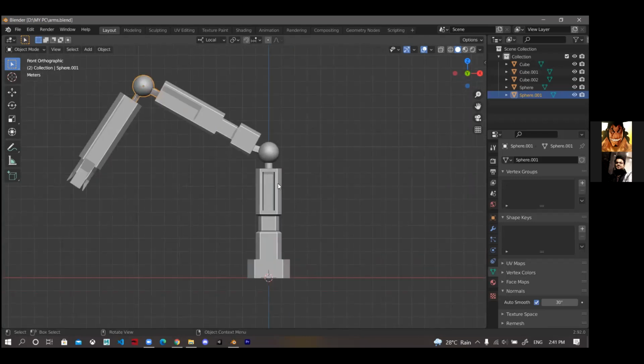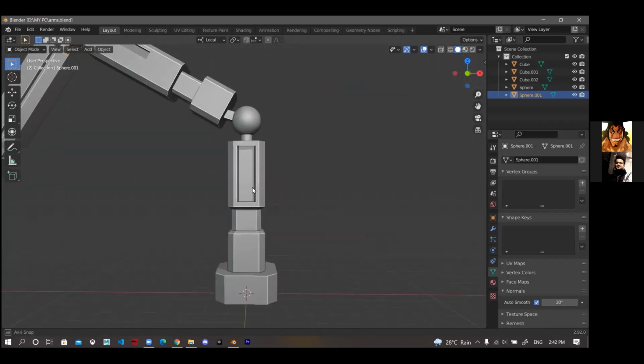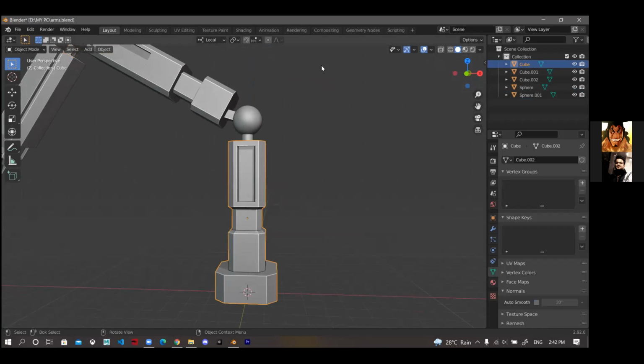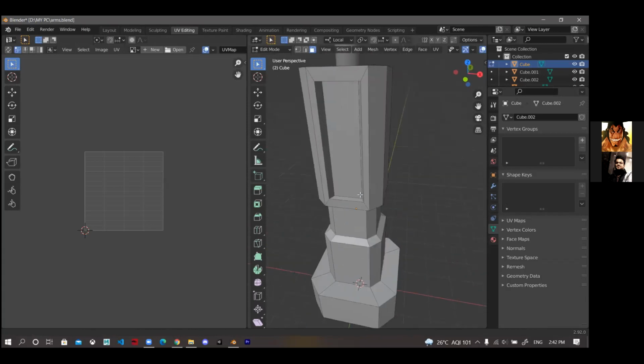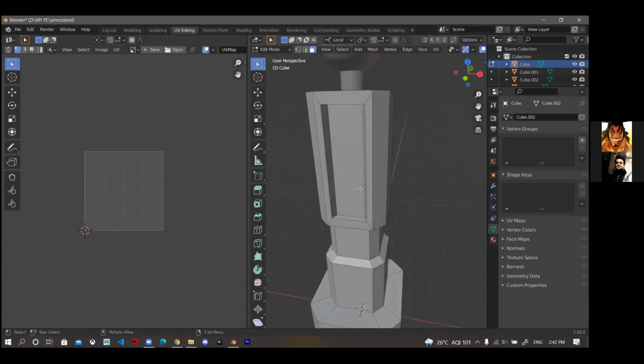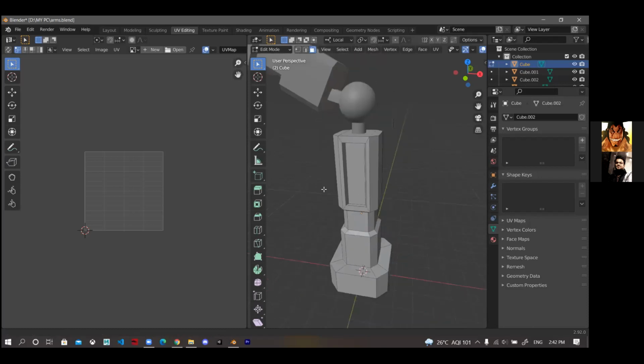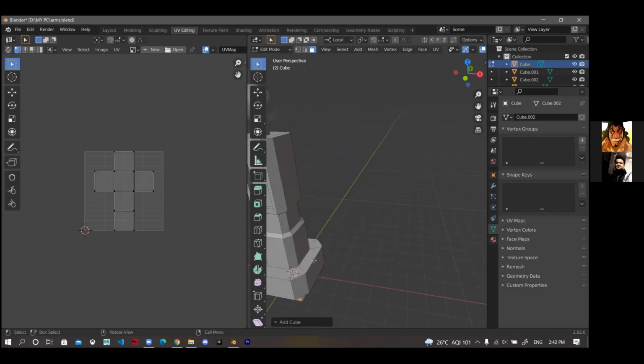I'm basically unwrapping a 3D picture to 2D like that.